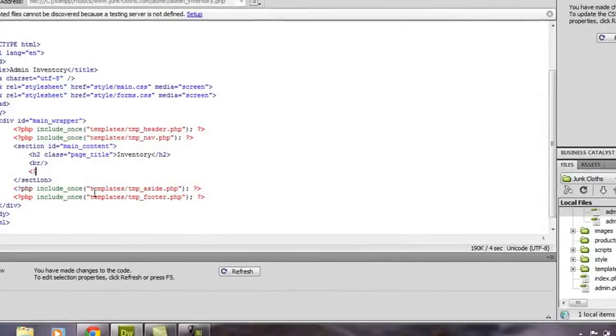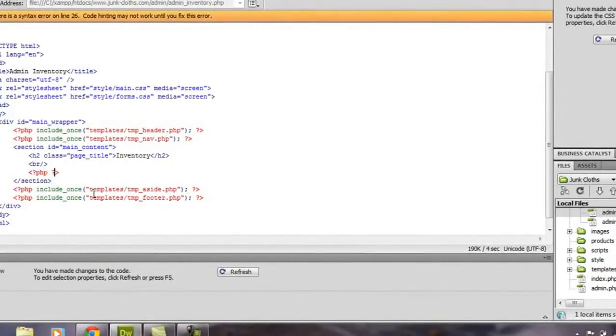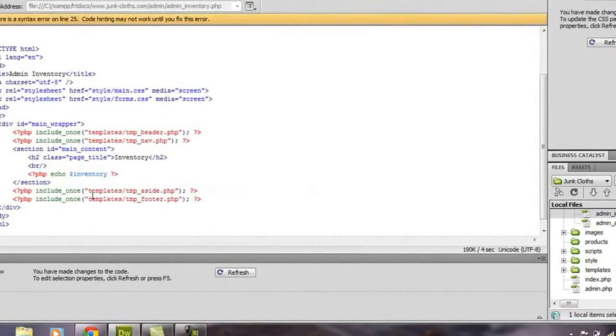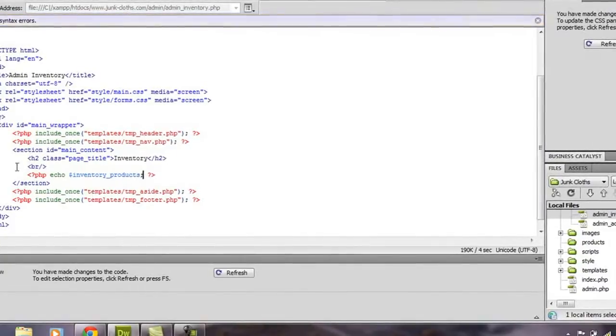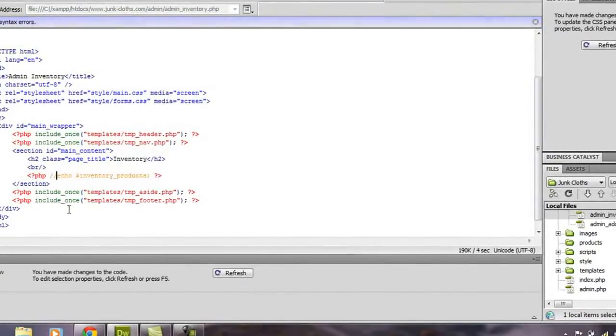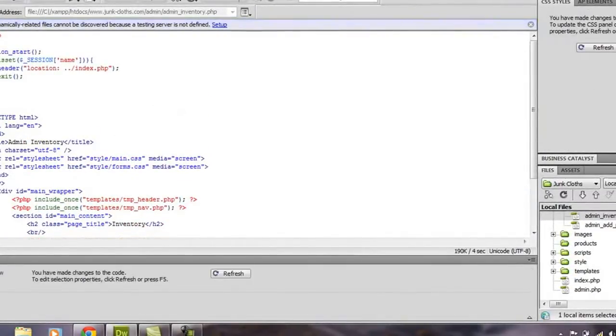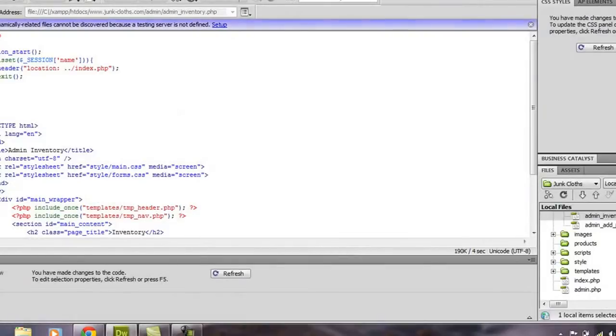So I'm gonna add here a PHP block and a PHP script, and I'm gonna say echo inventory product, which we haven't created yet, so I'm gonna comment that out so we will not see an error. So Control F. Now let's come here and say something like